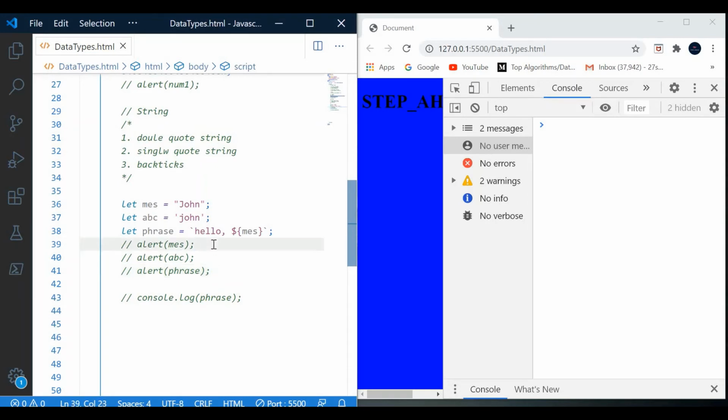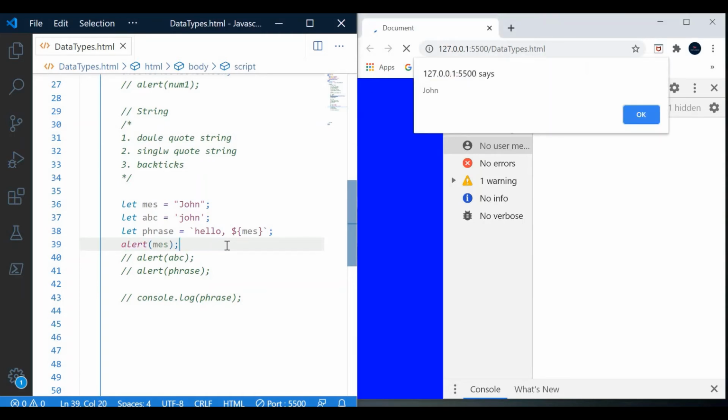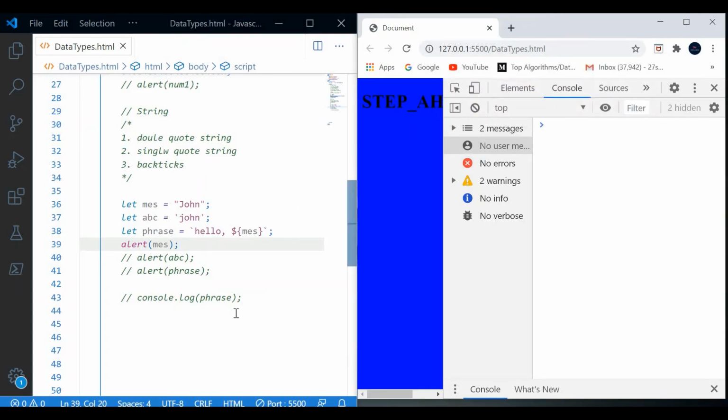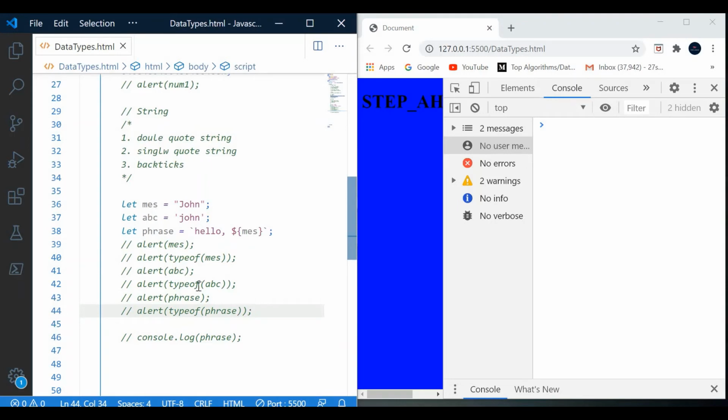First one, we have double quote. We will uncomment this and we will check it is showing John, which is correct. So here we will see one by one what the type of the mess variable is, whether it is a string type or any other type, and we will see the output of this mess variable also.